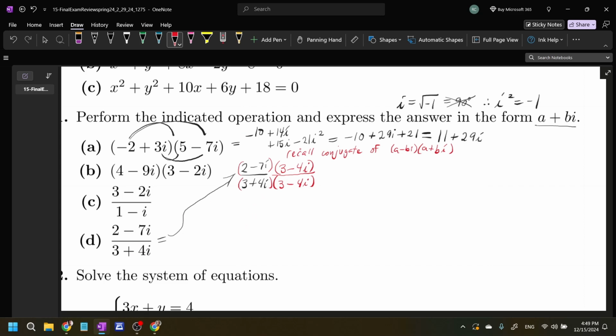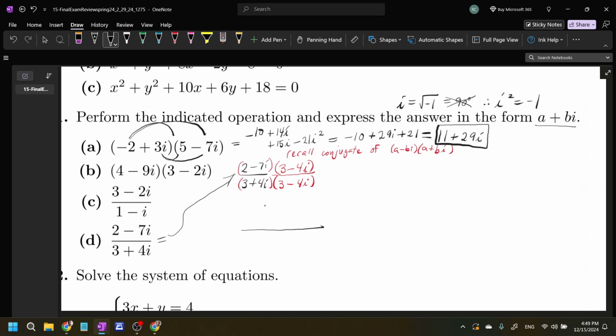Okay, so now we need to multiply like we did in part A. We need to do the same thing in the numerator and the same thing in the denominator, but the denominator will be a little bit easier,